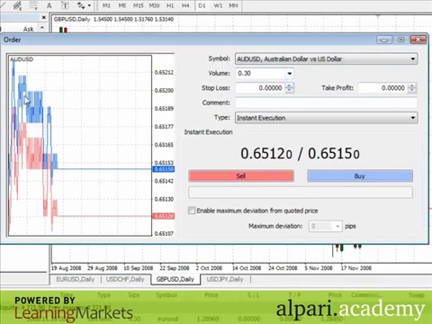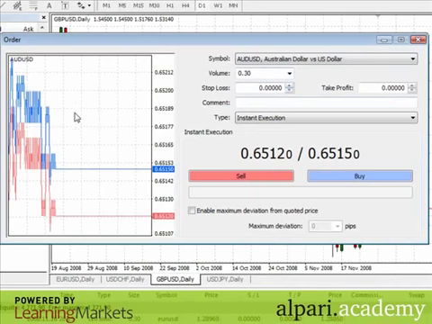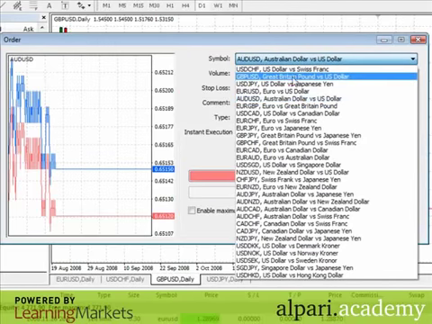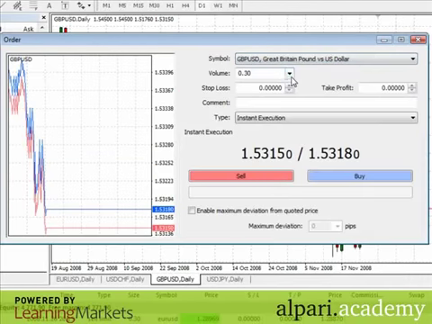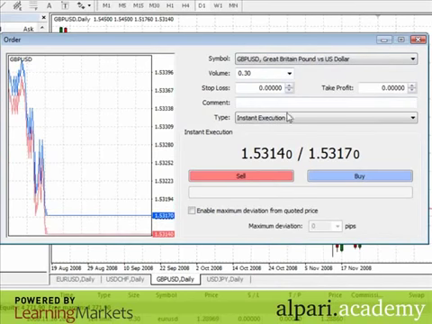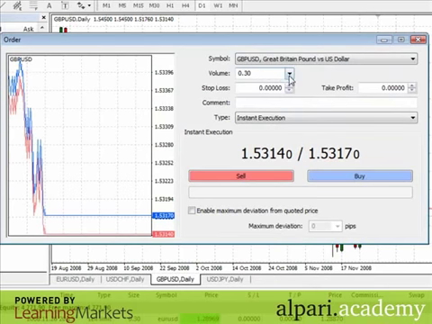You'll notice that the thumbnail chart over here on the left-hand side has also changed. When I moved from the pound-dollar to the Aussie-dollar, I now have a little tick chart of the Aussie-dollar here on the left-hand side. Now I'm going to switch back to the instrument we were originally looking at, which was the pound-dollar. And my thumbnail chart, my little tick chart there, has also changed back. The next thing we need to take a look at is the volume pull-down box. Now you'll notice that right now it's set at 0.3,